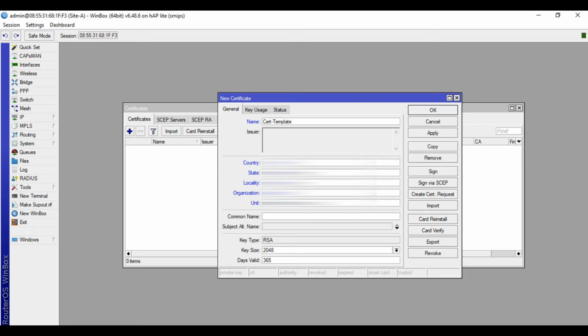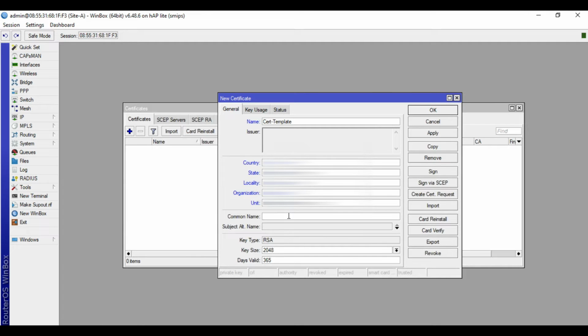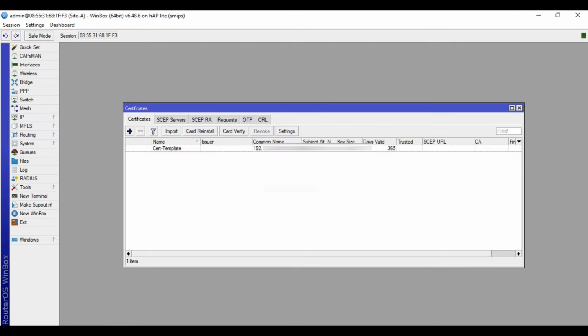For the common name, input here the public IP of the site A device. In our case, it's 192.168.200.2. So input that one here in the common name. Then in the subject alt name, choose IP. Apply, then OK.